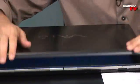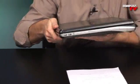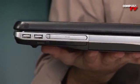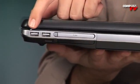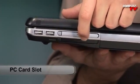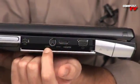And I'll close this now so that I can show you. It's going to turn off, but I'm going to show you the size, and let me show you how all this stuff kind of works. So if you're looking at this side of the case, it doesn't look like there's too much happening over here, but this is where everything is pretty much. Starting from over here, you have 2 USB 2.0 slots, PC card slot is right there, express card slot is right there, and then as you move down, it kind of looks like there's nothing there, but there's all your